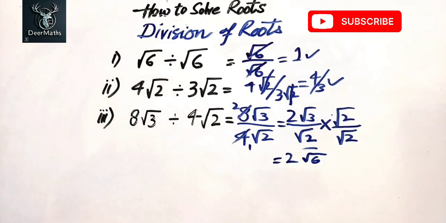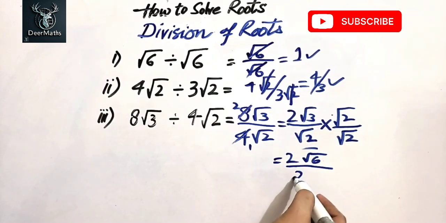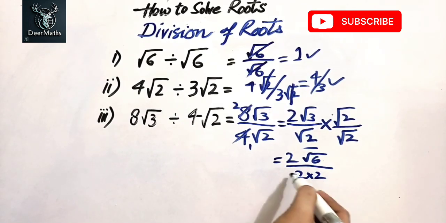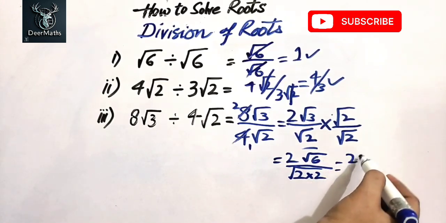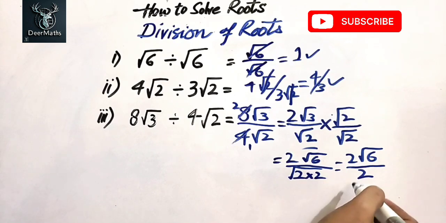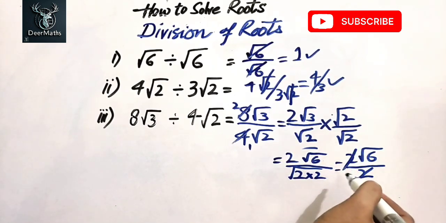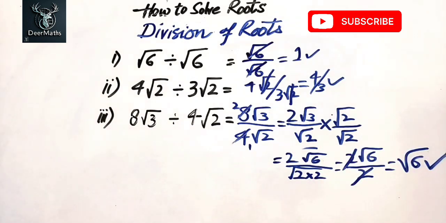Okay, 2 under root 6 is in the numerator, and in the denominator we have 2 multiply by 2 in the root, and the pair value is out of the root, so 2 under root 6. In the denominator we have 2 out of the root, so 2 ones are 2, 2 ones are 2, we cancel the 2, so the answer is under root 6 now. So it's so simple, I hope you can clear your concept of root from very basic questions.